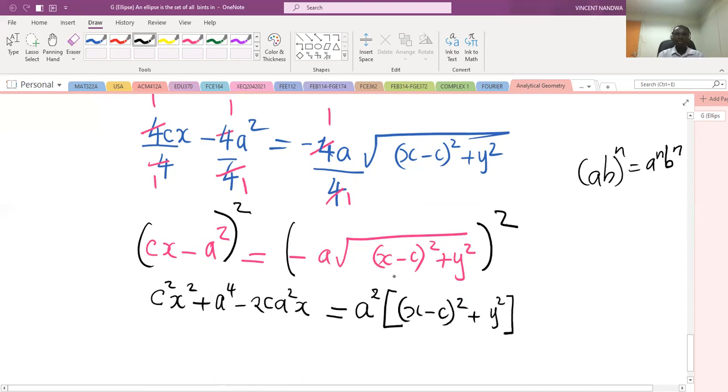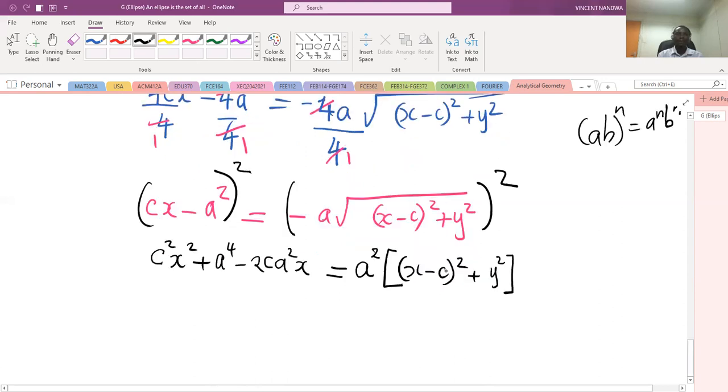Remember, the square of a square root is just the number that is inside the square root. So that's why I have this. So I'll have c squared x squared plus a power 4, and then minus 2c a squared x equals